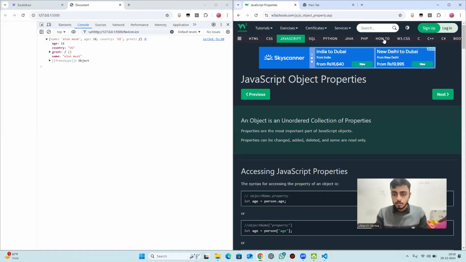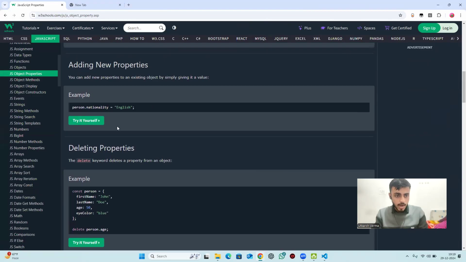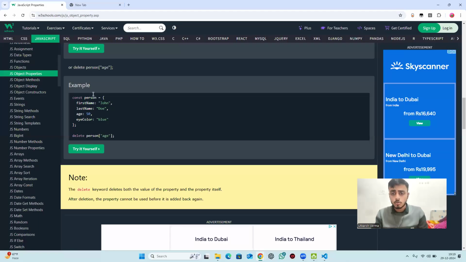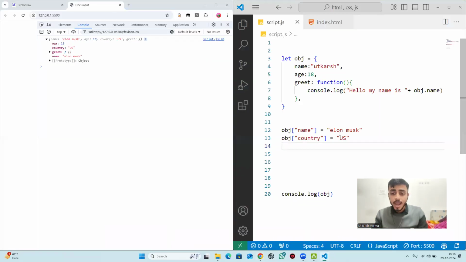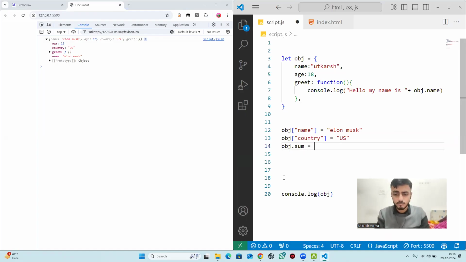Let's see what is left. We have covered accessing, and we have covered adding new properties using dot. Also, I have not told you one thing, that you can also add a new function. So you can write something like obj dot, and add a function. Let's just add some function. What will this some function do? Let's create a function like this, and